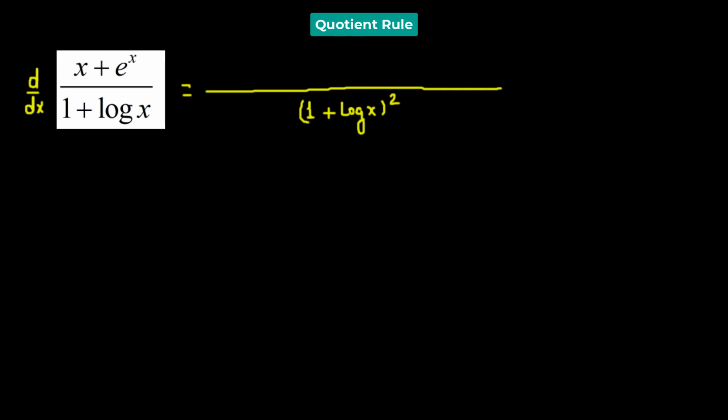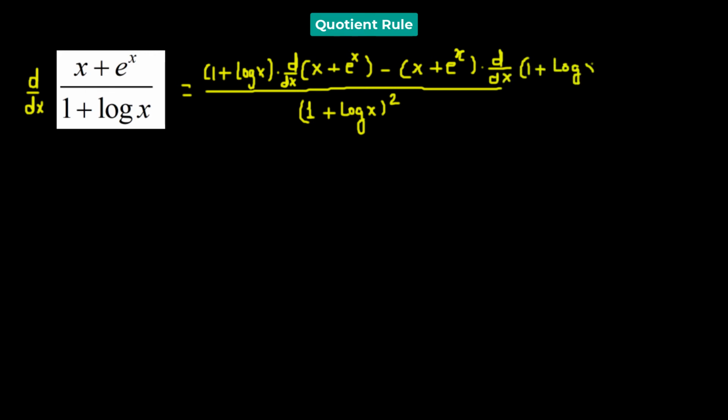Then in the numerator, we begin with the function in the denominator, which is 1 plus log of x, and then multiply it to the derivative of the numerator, which is x plus the exponential function, minus the numerator, which is x plus e raised to the power of x, times the derivative of the denominator, which is 1 plus log of x,